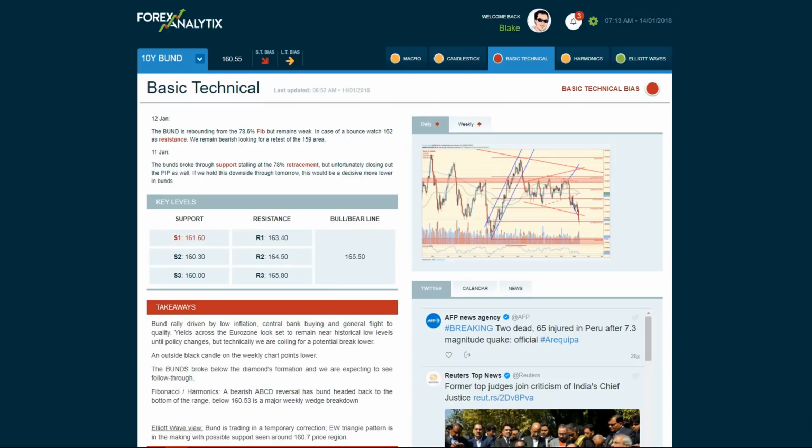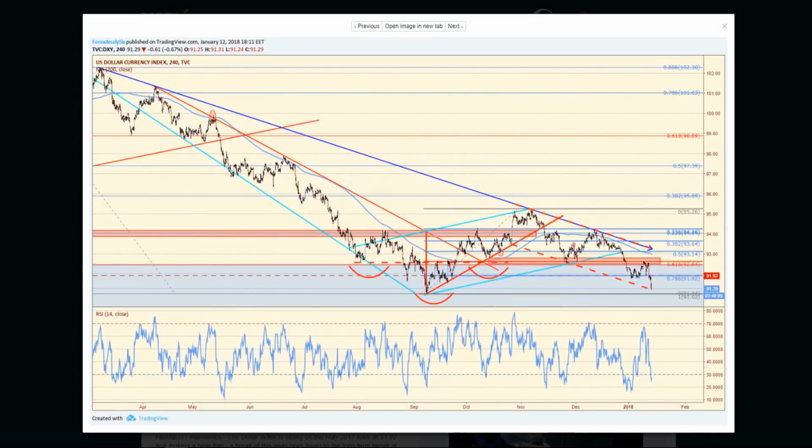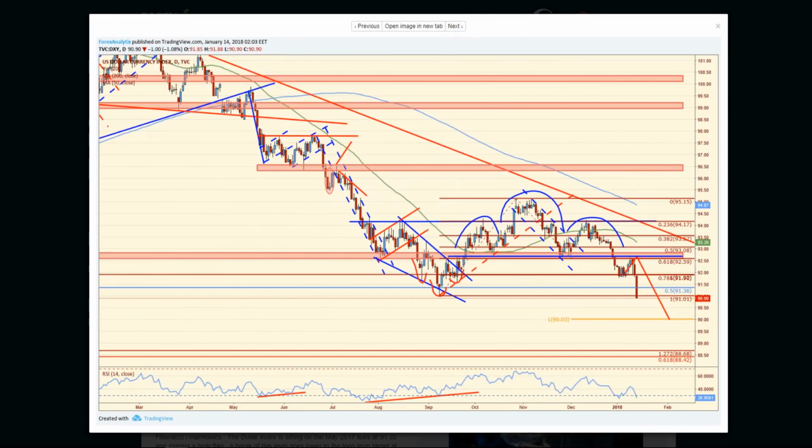Now, I bring all this up because I'm looking at the dollar. Here's the dollar index. We closed at a low. All right, let's go over to a daily chart. You can see we closed at a new trend low, but will that sustain? In the first couple of days, as the market opens, be it Monday or Tuesday, even though it's a U.S. holiday, if the dollar ends up putting in a false breakdown,